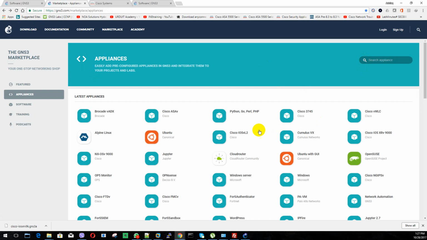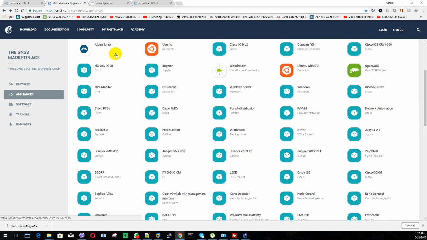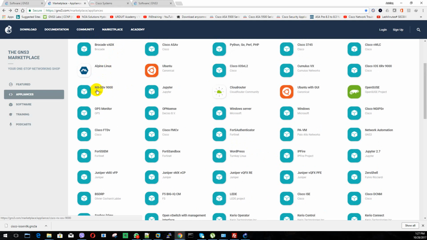Just to show you one more thing, you have a lot of other appliances: WordPress, FortiSandbox, FortiSign, Cisco FTD, Cisco FMC, OpenSense, OP5, Nexus 9000. If your Cisco ID is authorized to download, you can have the Nexus 9000 on your machine